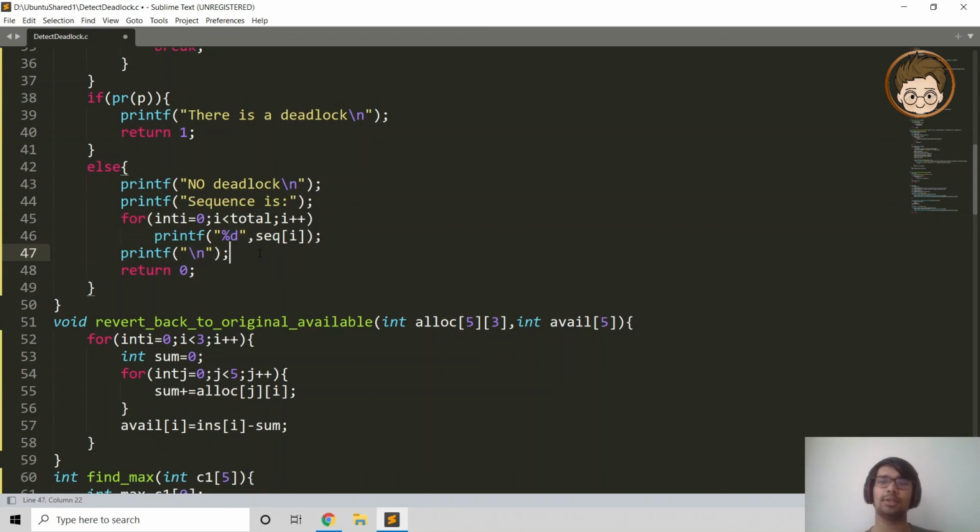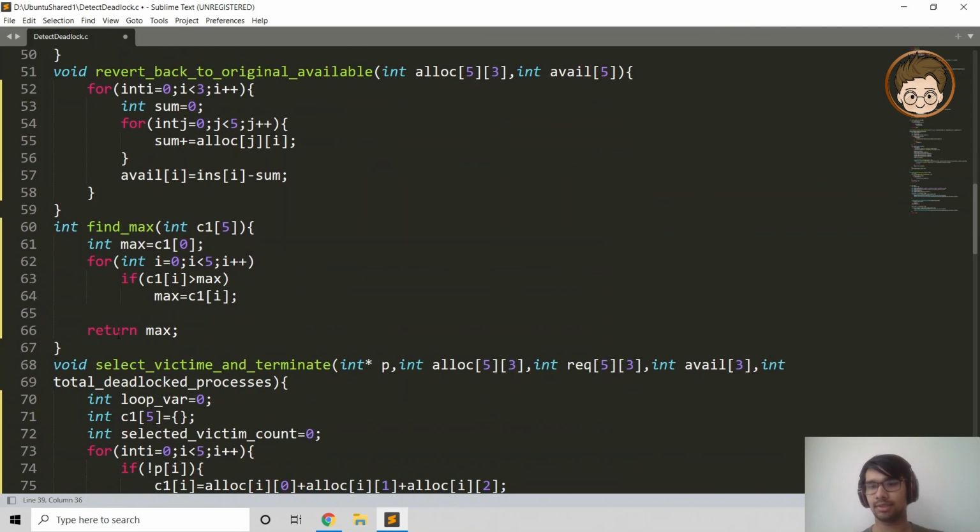So here what the Banker's algorithm does is, it generates a safe sequence, and a safe sequence is the order in which the processes can actually get the resources and request them, and if no safe sequence is generated, then there is actually a deadlock occurring.